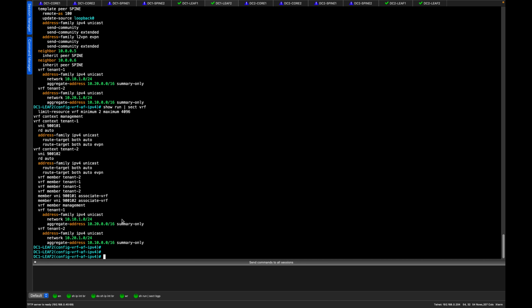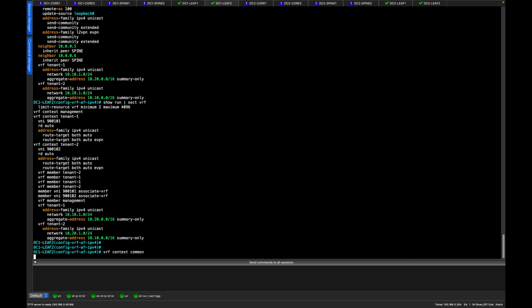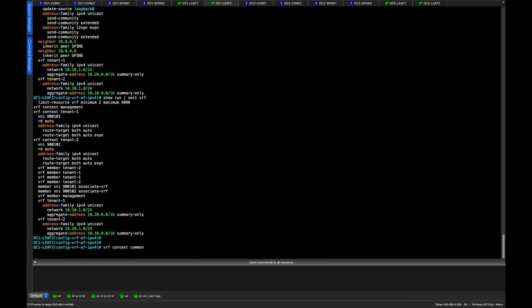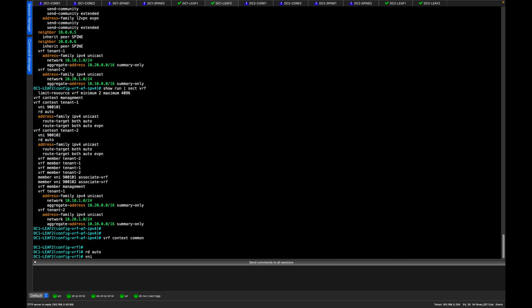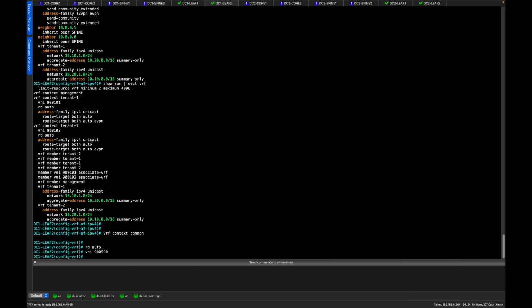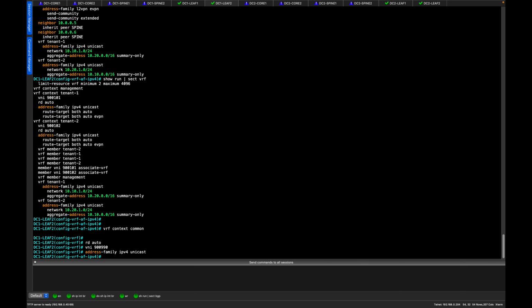So first off, we need to create this new VRF. VRF context, we'll call it common. This is also actually going to need its own L3 VNI as well, and we'll configure it without and show why it does need it when we get to that point. So let's set the RD to auto. We will set the VNI for the moment. We'll go 900990. We'll come into address family for IPv4 unicast, and we'll say route target both